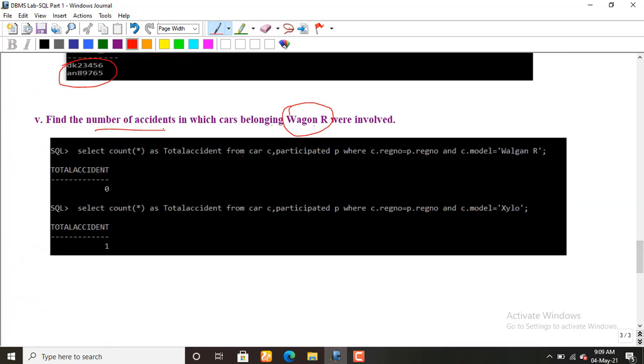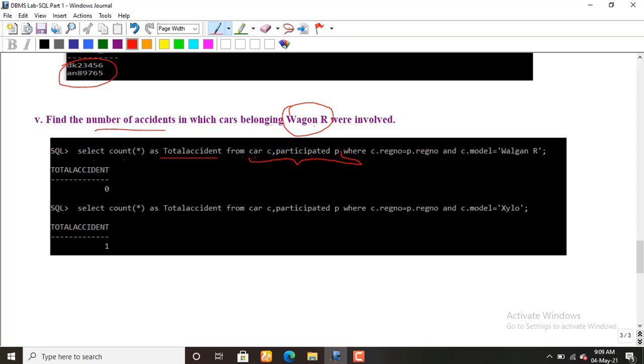Find the number of accidents in which cars belonging to the Wagon R model. So select count of star, that's enough. Just counting the rows is more than enough, which is named as total accident, from the car table and participated table, two tables.